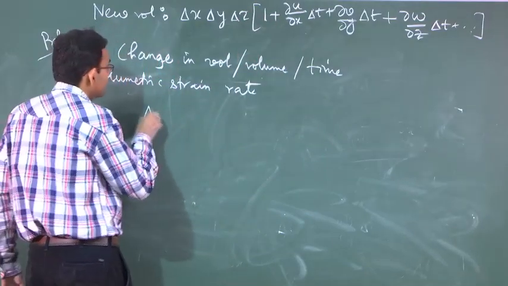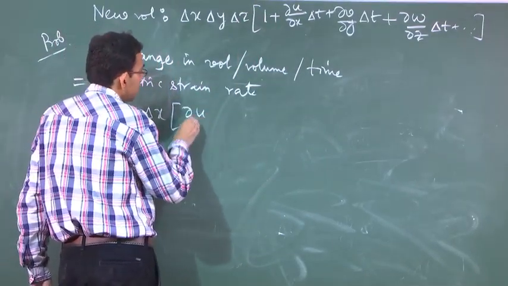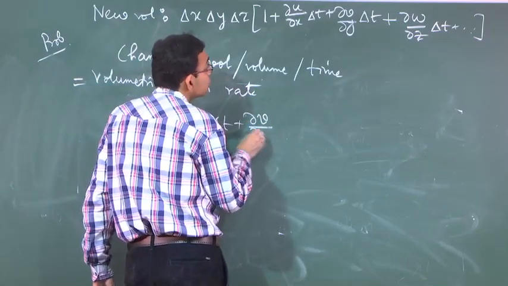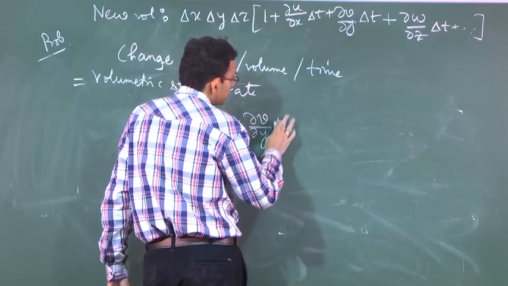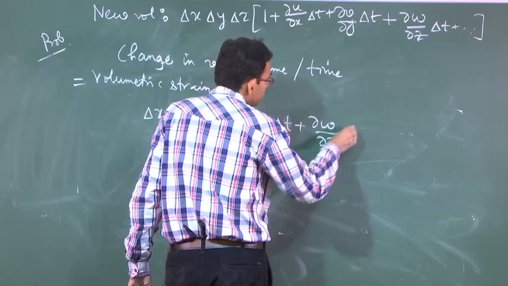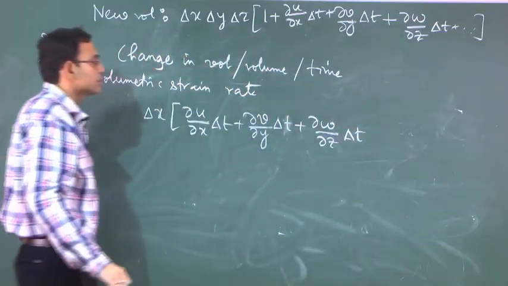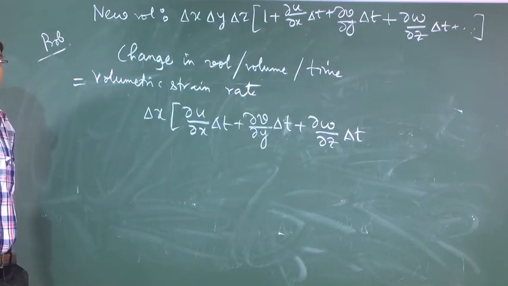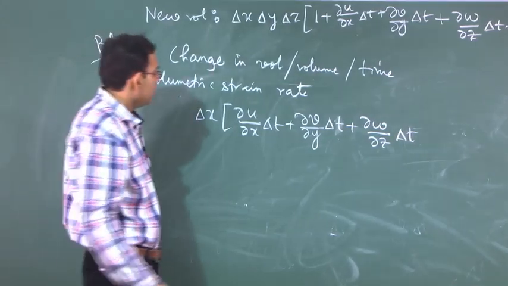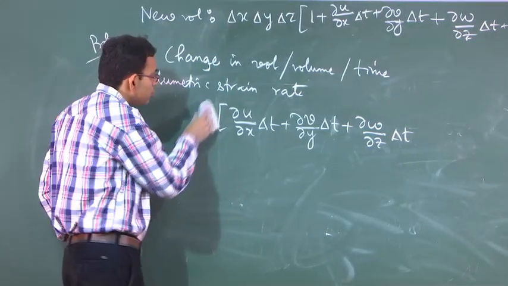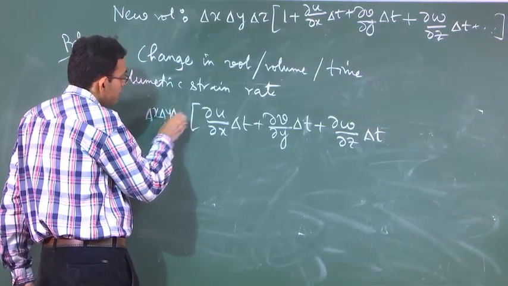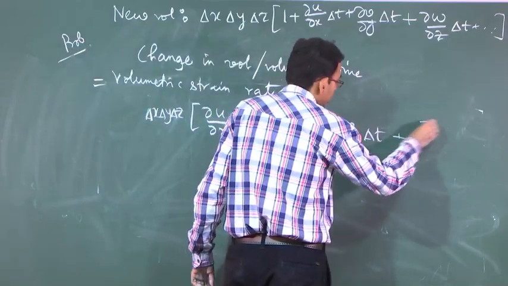So, that will be delta x into del u del x delta t plus del v del y delta t plus del w del z delta t, then delta x into delta y into delta z plus higher order terms